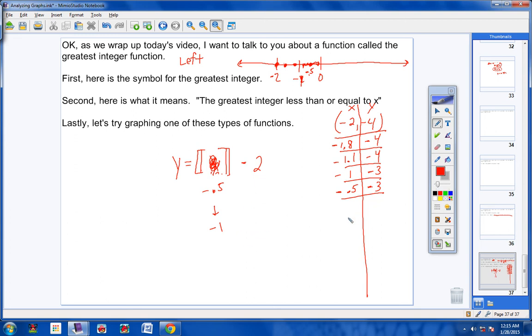Let me do one more set. Let's put in a 1. If you put a positive 1 into a greatest integer box, you will get out what? Put in a 1, and you will get out a 1, because 1 is an integer, and then 1 minus 2 would be negative 1. Now let's continue to the right, and let's put in,